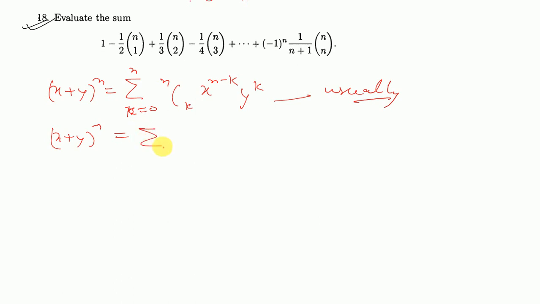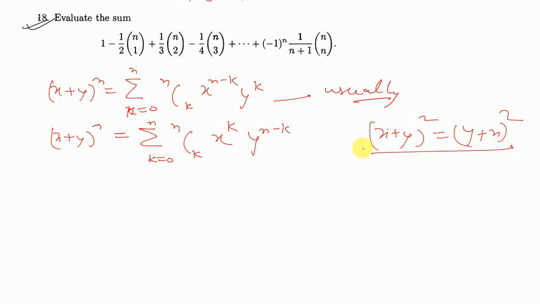अगर मैं इसकी पावर चेंज कर दूँ, मीन्स x raised to the power k और y raised to the power n minus k लिख दूँ, तो भी कोई ज़्यादा फर्क नहीं पड़ता है, इजंट इट। बिकॉज (x plus y) whole square is nothing but it is also equal to (y plus x) whole square, इजंट इट। ये दोनों सेम ही होते हैं, तो इसकी पावर इसको दे दो या इसकी पावर इसके दे दो, दिस विल बी सेम, इजंट इट।